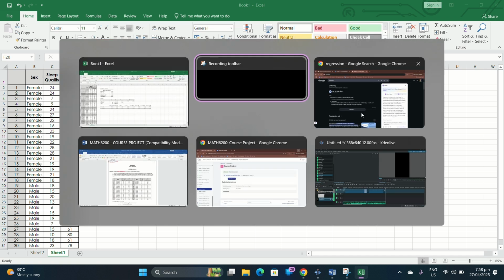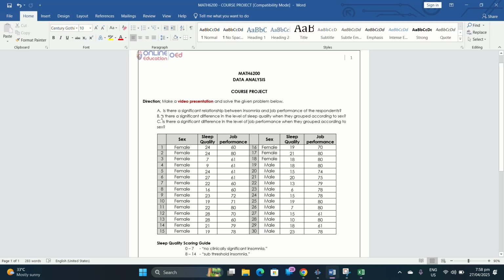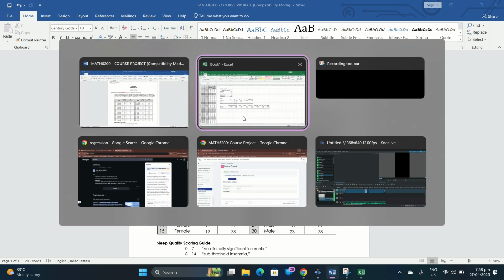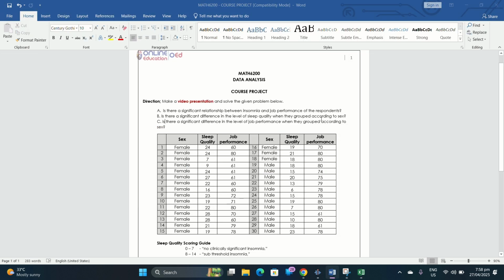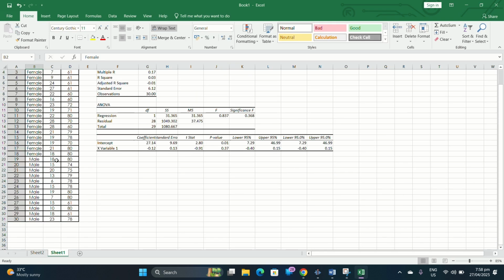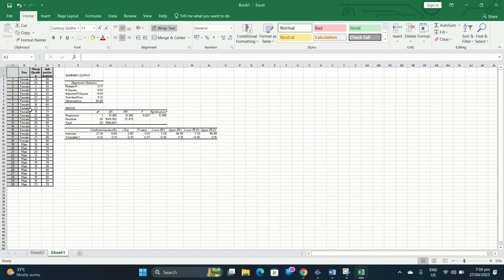So let's go ahead to the second question. Let me reiterate our answer. In question number 1, there is no significant relationship between the sleeping quality and the job performance. Okay, so for the next question, is there a significant difference in the level of sleep quality when they are grouped according to sex? So what we need to do is compare the data of sleep quality but grouped by sex. So what I'm going to do now is get all the female since we are grouping them according to